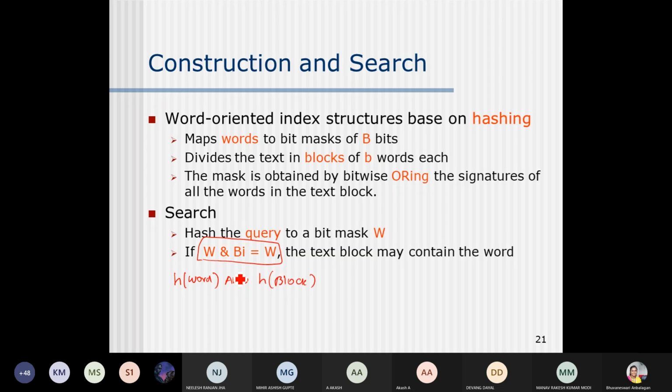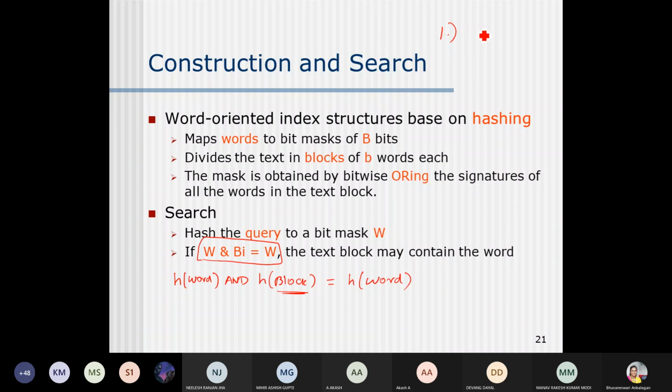If the bitwise AND of this word hash value and block hash value returns the same value as the hash value of the word, then it means that particular pattern is available in your signature file in that particular block. This is how your signature file performs the searching operation.